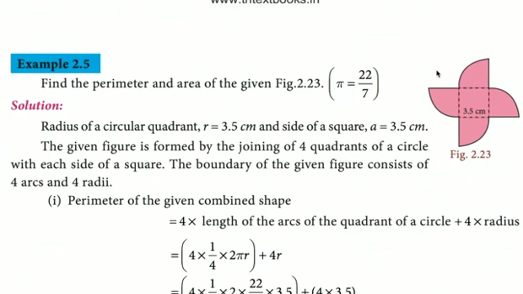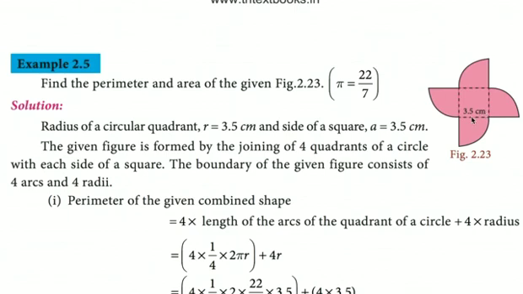Then what we should do first is the perimeter. First we will find the perimeter. See, this is 1, this is 2, this is 1, this is 2, this is 1, this is 2, this is 1, this is 2. I'm just naming them 1 and 2. Why am I naming 1 to all curvy parts? Because they are equal in perimeter. And the straight lines are also equal in perimeter.